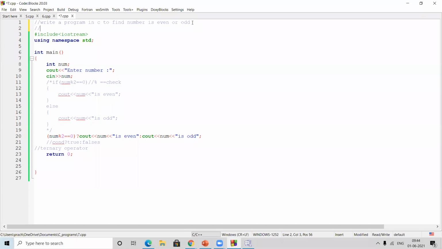And those who have done it, put your program in the chat. You just have to write. This will move for an if else ladder.